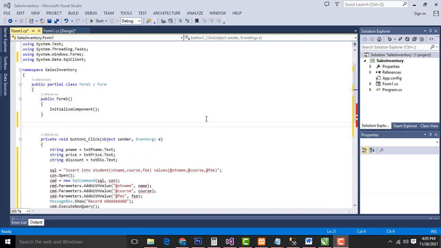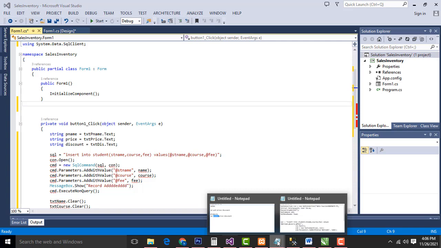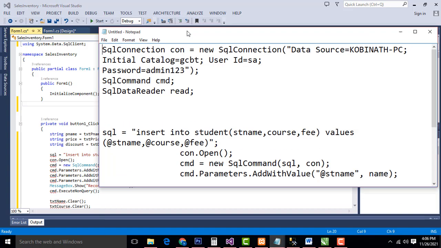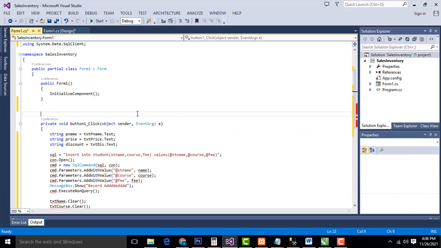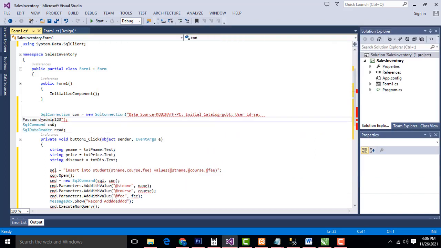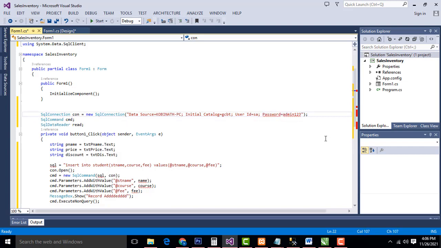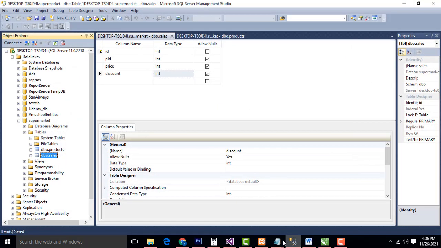Now I am going to establish the database connection. So this is the database connection. Copy this one and put it over here. Password 123. This is the user credential of SQL.